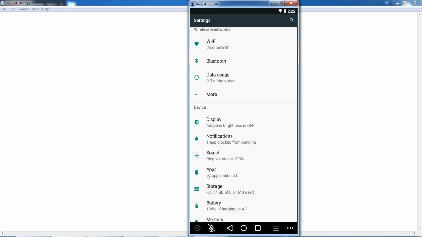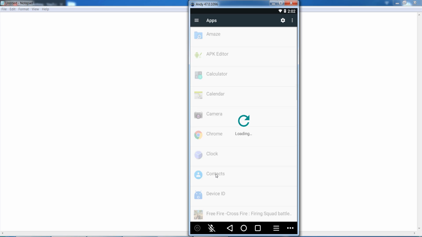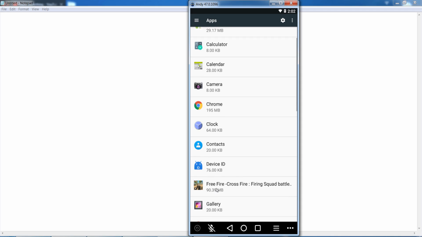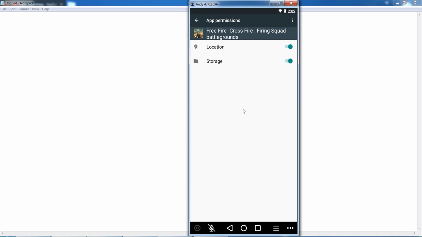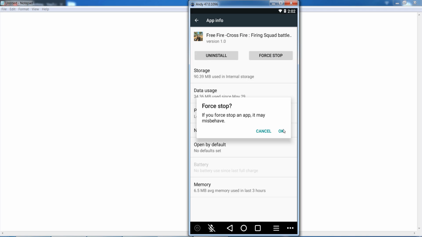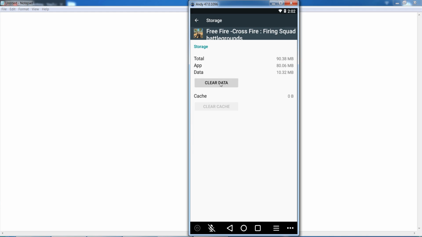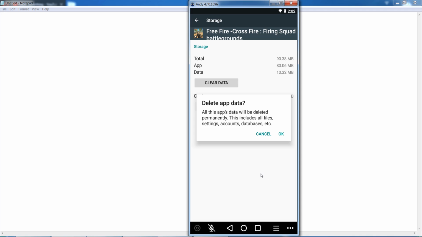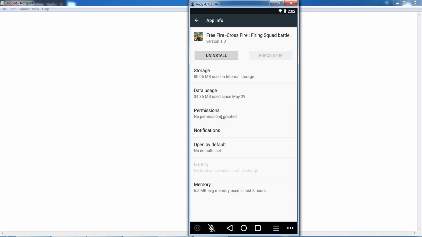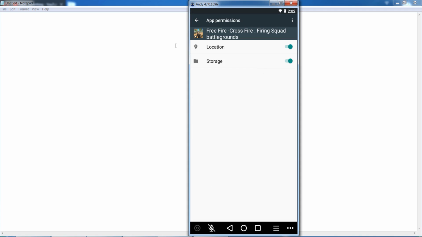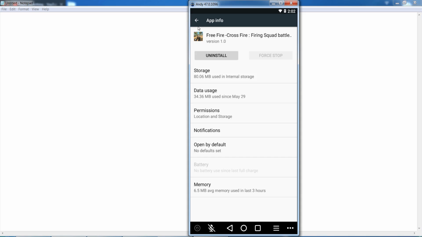So first of all, go to your app settings and apps in your Android mobile phone, and go to your Free Fire game, and it requires permissions. So you must give permissions: location, storage, contacts, etc. After that click on force stop, and go to your storage section and clear the cache as well as clear the data of the Free Fire game. Okay guys, after that go back, grant all permissions to the Free Fire game,